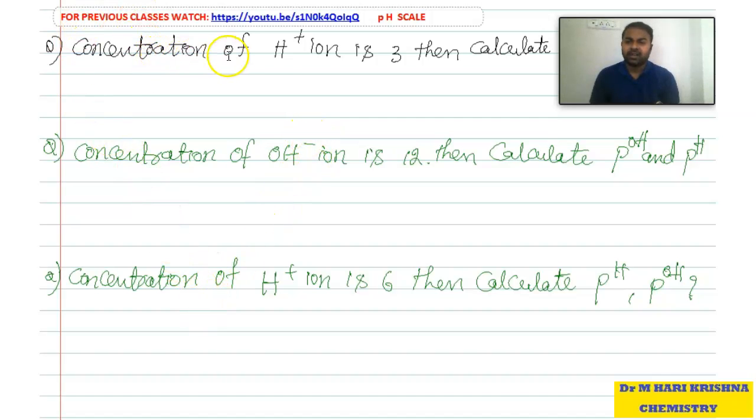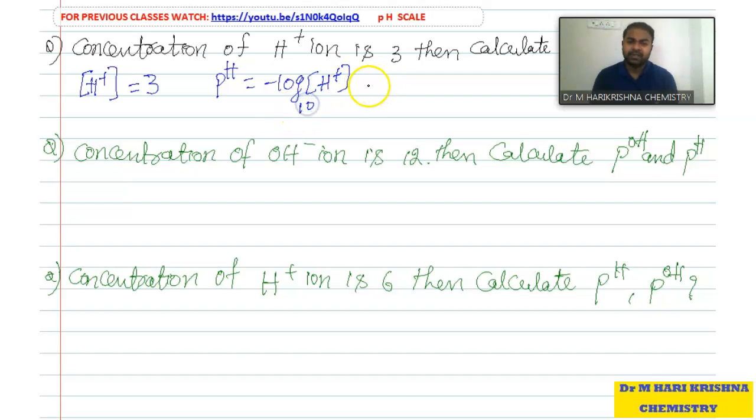If the concentration of H plus ion is 3, then calculate the pH. So they have given the concentration of H plus. They have given that the concentration of H plus is 3. Then what is the pH formula? pH equal to minus log concentration of H plus,